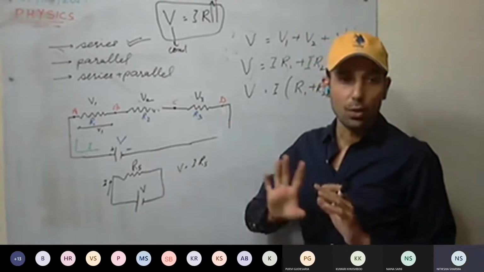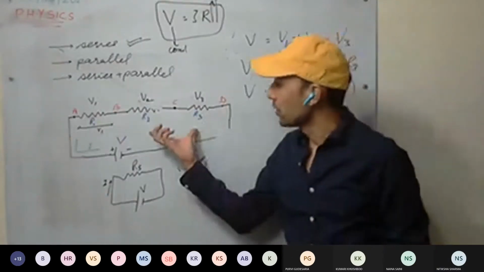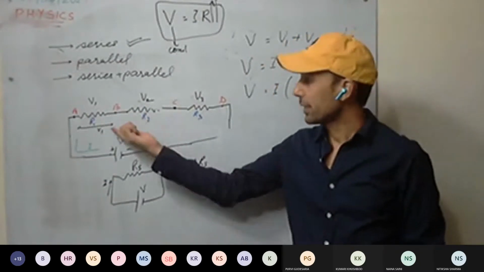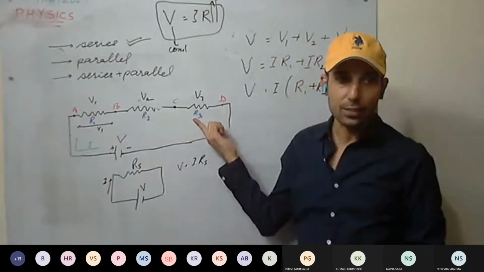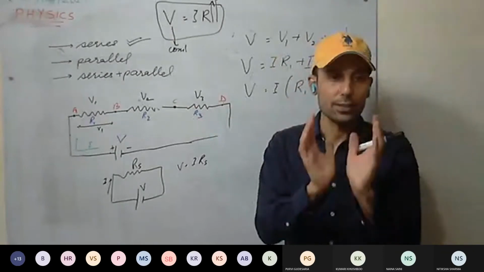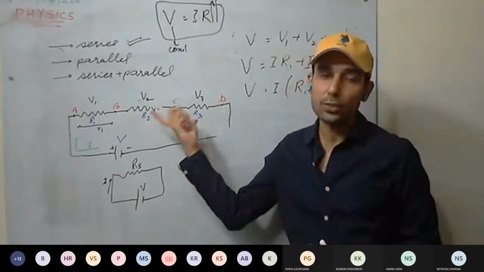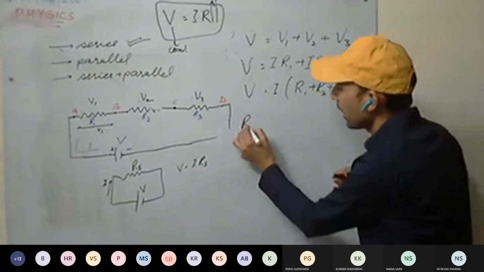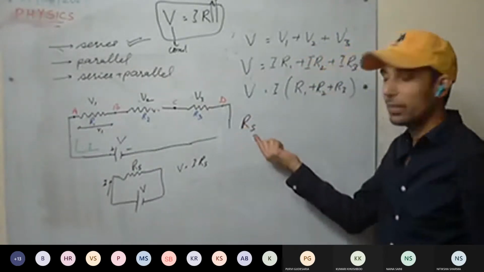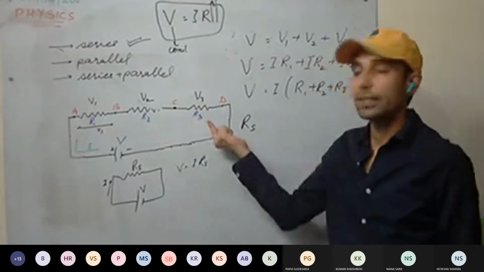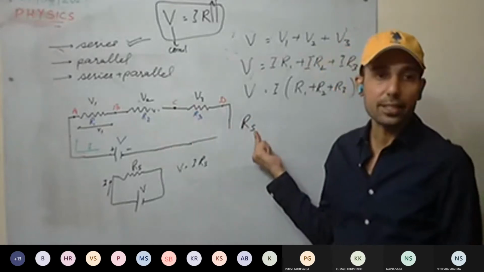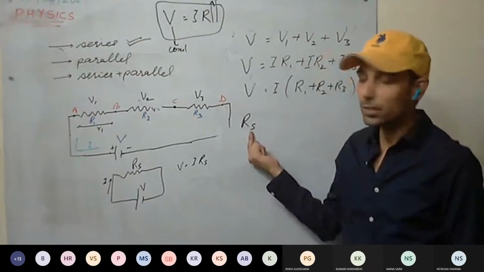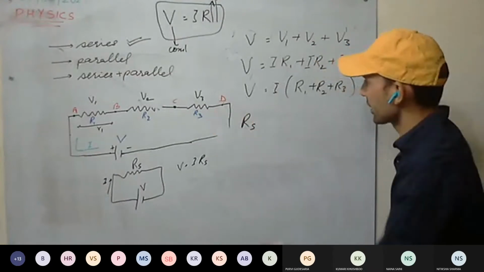In simple terms, we are going to find the equivalent resistance. When these three resistances are connected in series, what is the total resistance offered? The total resistance offered we are considering as RS. Why have we used the subscript S? Because they are connected in series. So it represents that resistors are connected in series. RS is the equivalent resistance when resistors are connected in series.